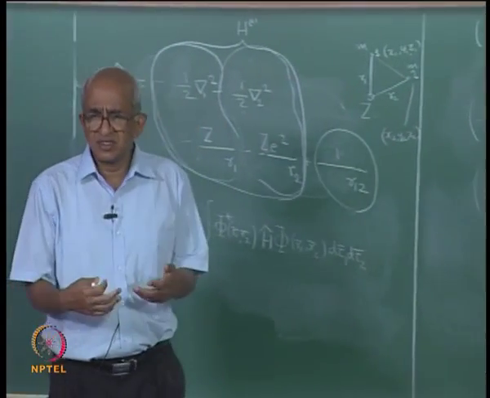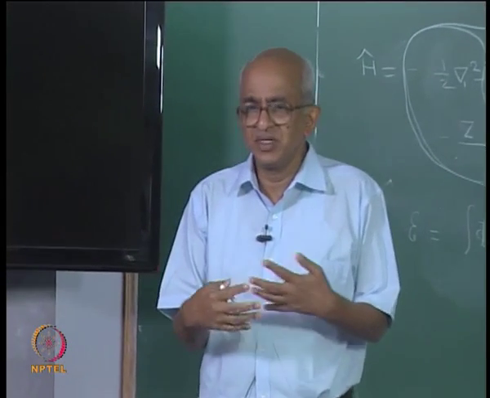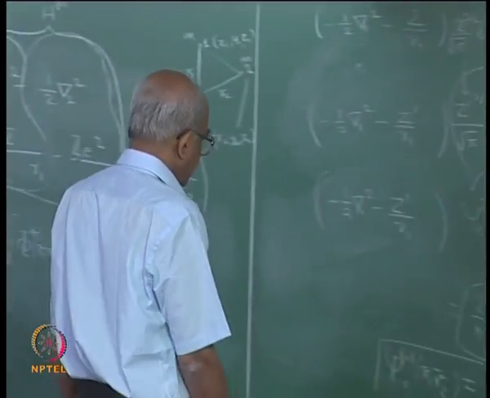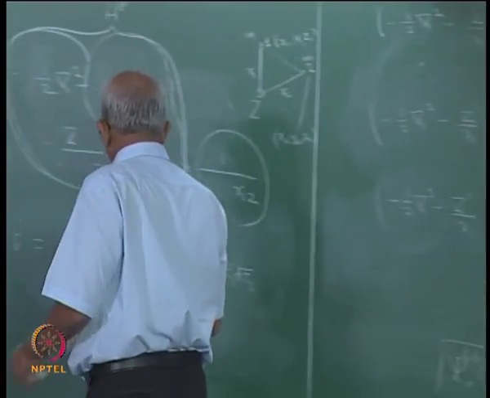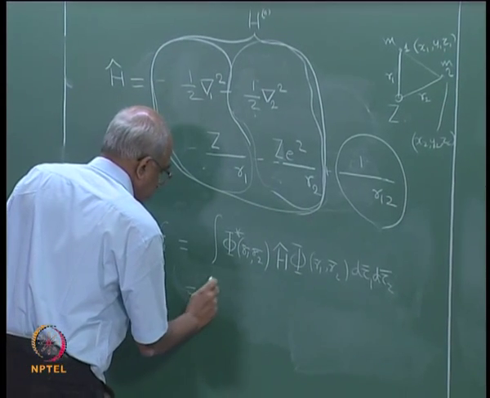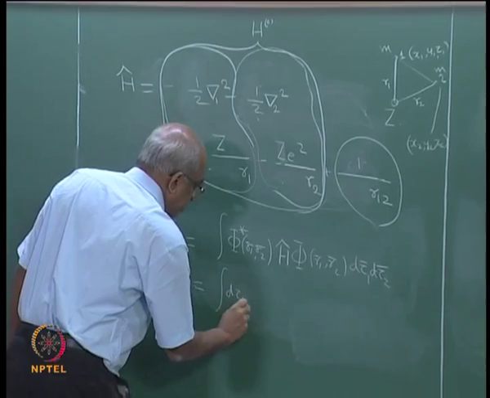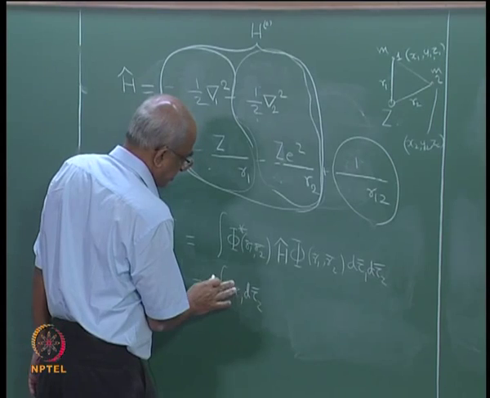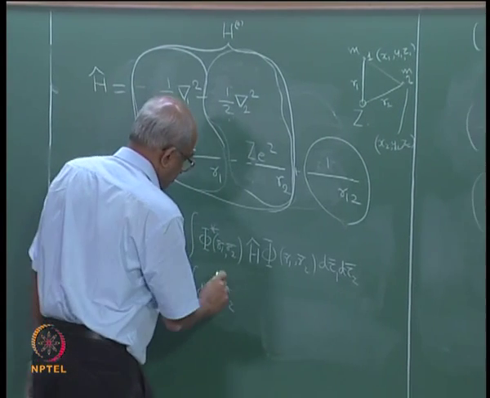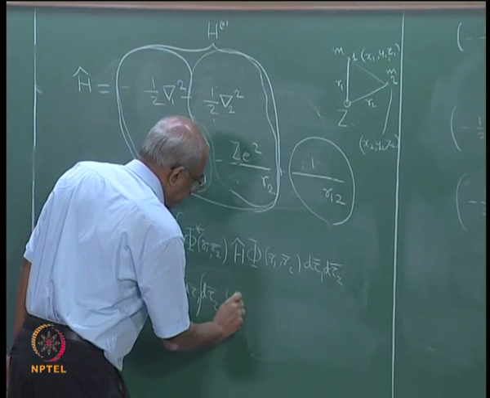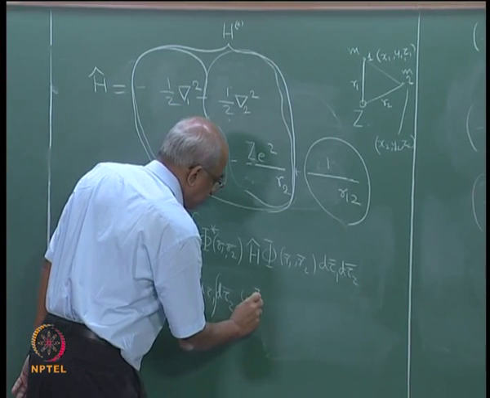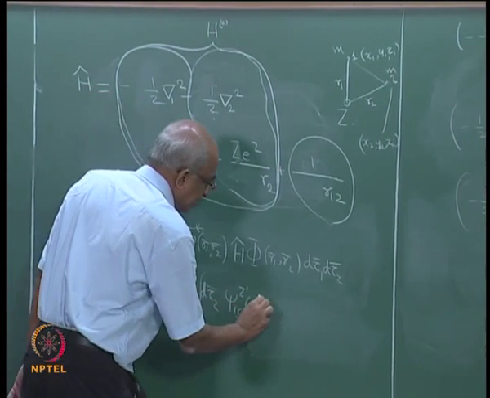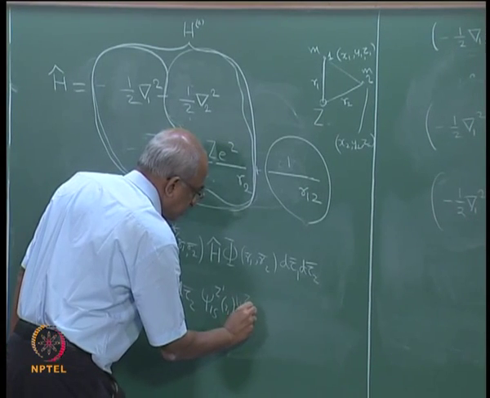Now, why do I do this? The answer is that this will make the calculation of script E easy. That is the reason why this is done. So, now I want to calculate script E. How will I calculate script E? The answer is here. It is going to be the integral d tau 1 d tau 2, then psi 1s Z prime R1, that is a part of my wave function, multiplied by psi 1s Z prime R2,